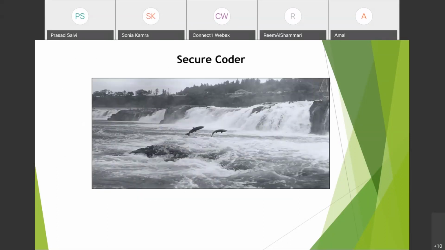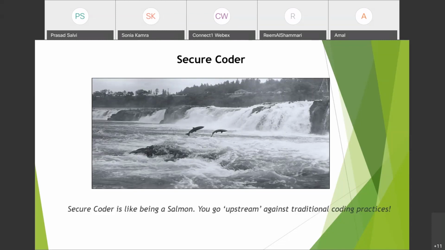think in your mind, who as per you is a secure coder? Now I have an image of a salmon fish on the screen. For me, being a secure coder is like a salmon, because you might know the trait of salmon is that it swims upstream against the tide. So being a secure coder is like being a salmon, so that you go upstream against the